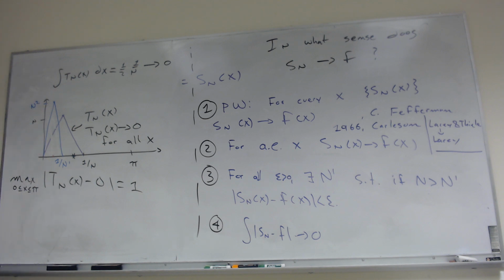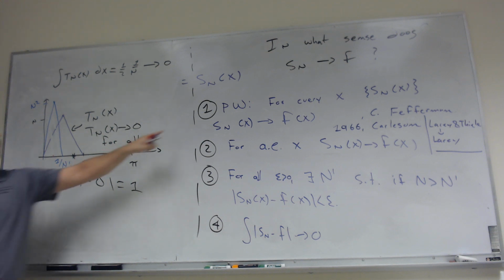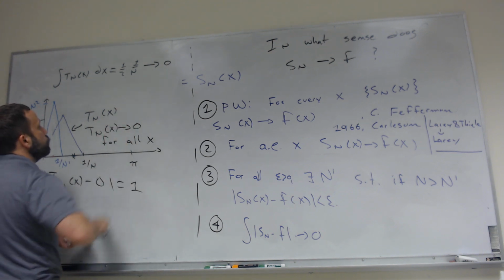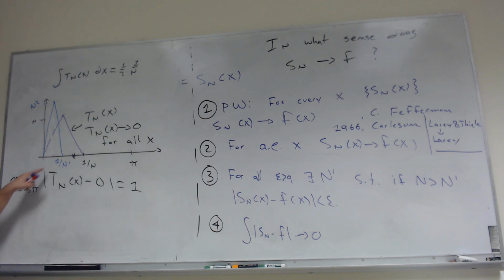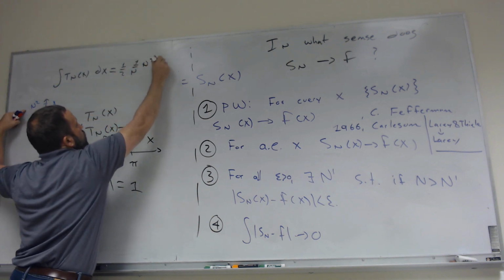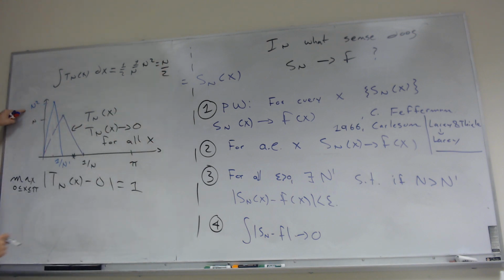Okay, now still, this sequence of functions still converges pointwise to 0, because eventually for every value of x, the leg is going to move past that x, and so it converges to 0 for every value of x. But now what is the integral equal to? Well, I still have 1/2 base times height, so the base is going to be 1 over n, but now the height is n squared. And so this is n over 2. Okay, so actually the integrals go to infinity, yet they converge to 0 pointwise.